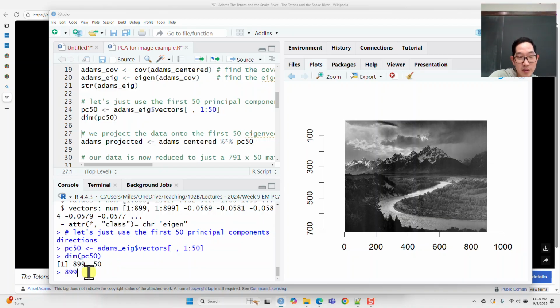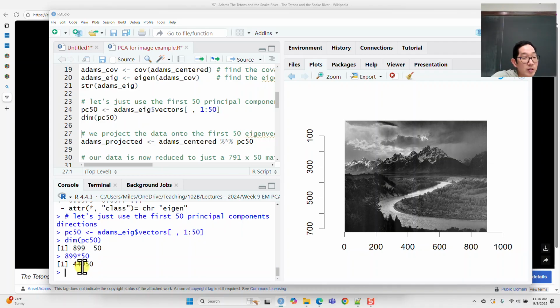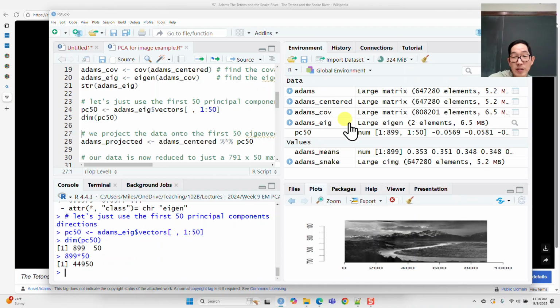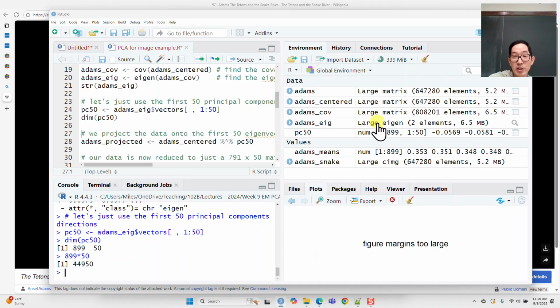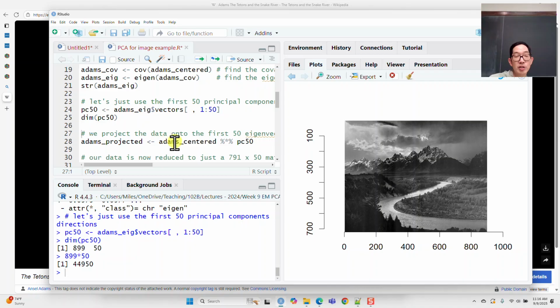What is that? 899 times 50 is basically about 45,000 values, versus the original matrix, which has 647,000 values. So, you know, one tenth of the values. And so I can take that and I can project the image down